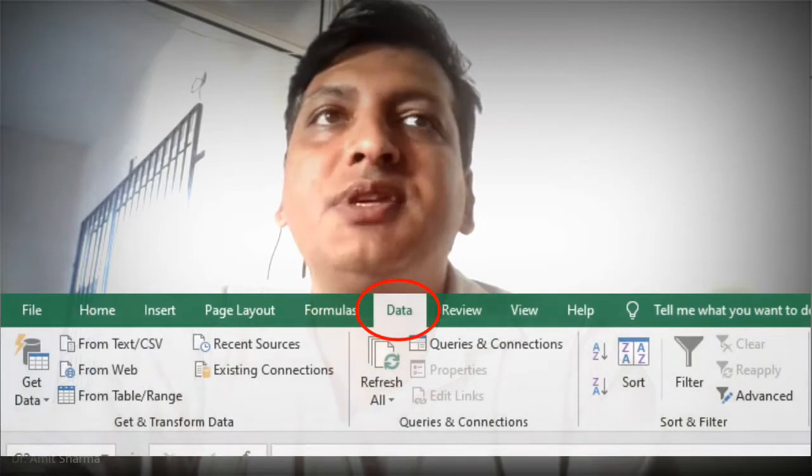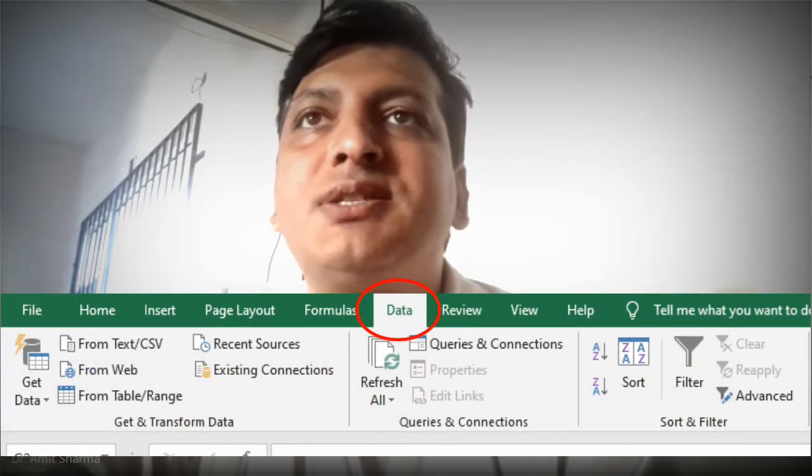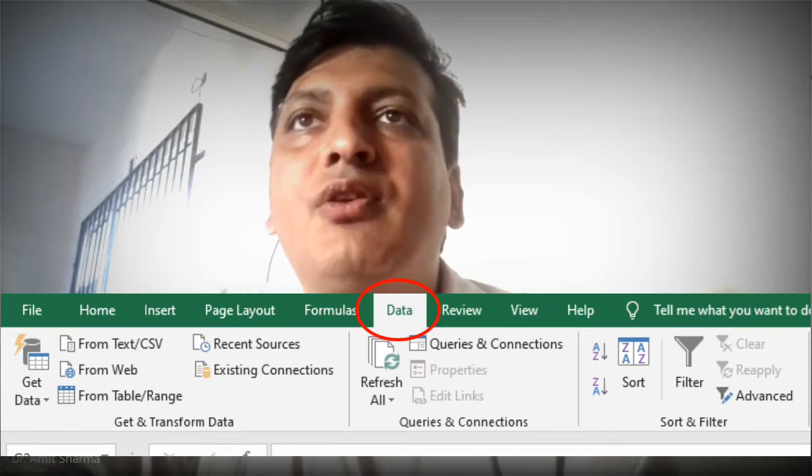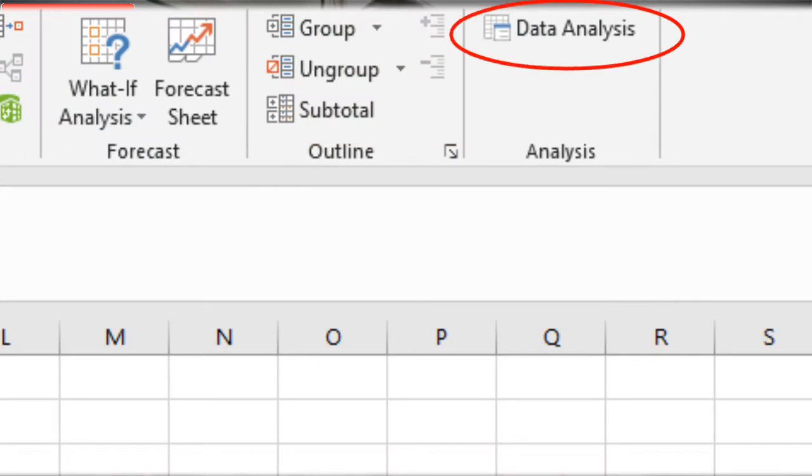Yes. So whenever you are going to apply one-way ANOVA or any other statistical test in MS Office Excel, you need a data pack. That means you have to check whether your system is customized as per the need of a statistical test or not. For that, what to do? You have to click on Data and see whether the Data Analysis pack is given or not. If this Data Analysis pack is not there in your MS Office Excel, you have to install the plugin, the add-ons, so that you can apply the statistical test.